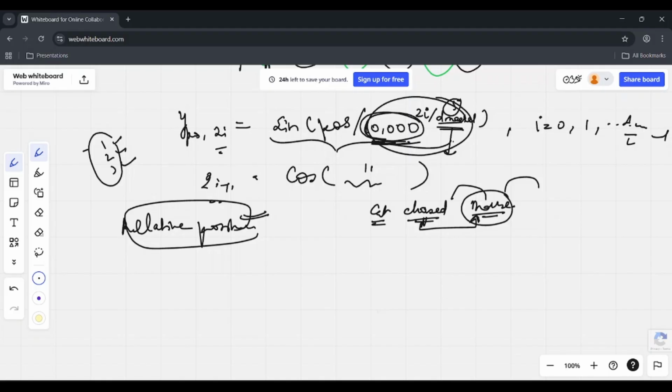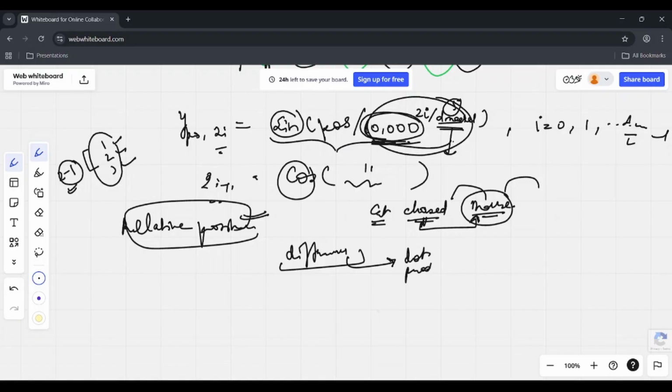For that, our model would have to do manual subtraction. We as humans can see and subtract, but our models, which are nothing but deep neural networks, can't themselves do the subtraction and find out the relative position. That would be an additional overload on them, right? So that is why when we use these trigonometric functions, the difference in position is nothing but the difference in their angles. And this difference in angles can be easily found out by dot product. And this dot product thing they already do in the self-attention model.